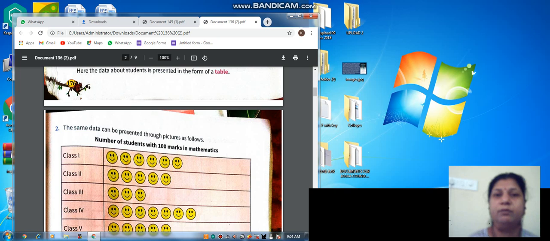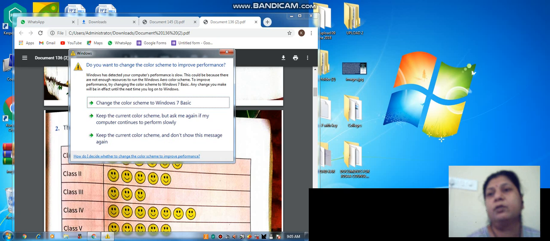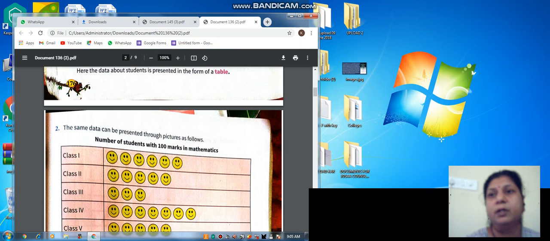If we want to represent books, we draw small books. If we want to represent an animal, you have to draw small animals. If you want to represent a student, man or person, then you can use one smiley, otherwise a small picture of a man, woman, whatever it may be. Are there birds? Then we represent them with the help of small birds. So in a pictograph, the data is represented in the form of pictures.